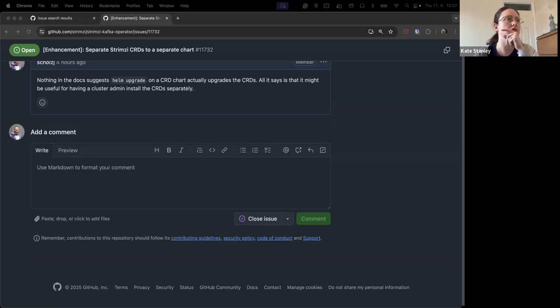My assumption was that for the CRDs chart, you wouldn't put the CRDs in the CRDs folder. You would just put them as normal resources, so any Helm upgrade action would do what you would expect for normal resources. That was my assumption, but that may well be wrong. I don't think it cares about the CRD directory. I think it knows the type of the resource it is creating. Okay.